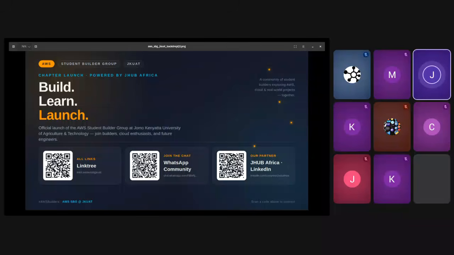Yeah, and on our second event, we learned how to set up a React website on AWS Amplify. So we were basically building in that event. It was a hands-on event by one of our speakers, Mark Orina. And we got to learn so much about setting up AWS services, setting up AWS accounts, and building live. Now in this event, we are also going to be going in the direction of hands-on learning.